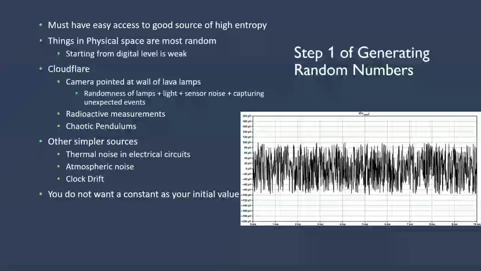Now, if you don't want to go that extreme, or you're trying to make one by yourself that's not camera based, there are other sources of entropy that are a bit easier to use that are random. So things like thermal noise in your electrical circuits. This just comes from the electrons moving around in your circuits. There is just an inherent threshold of noise that will be produced by all circuits. Since there's a lot in your computer, this can be measured and used as an initialization seed for everything. Other things like atmospheric noise, if you have a way to pick up sound, as well as clock drift,